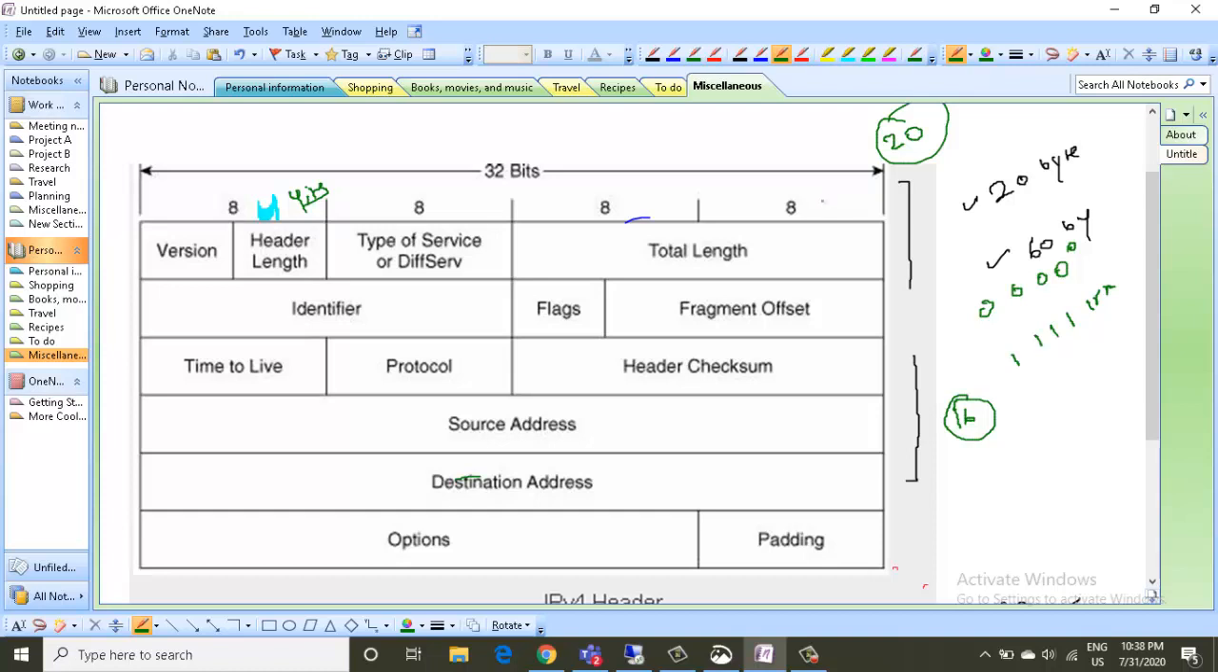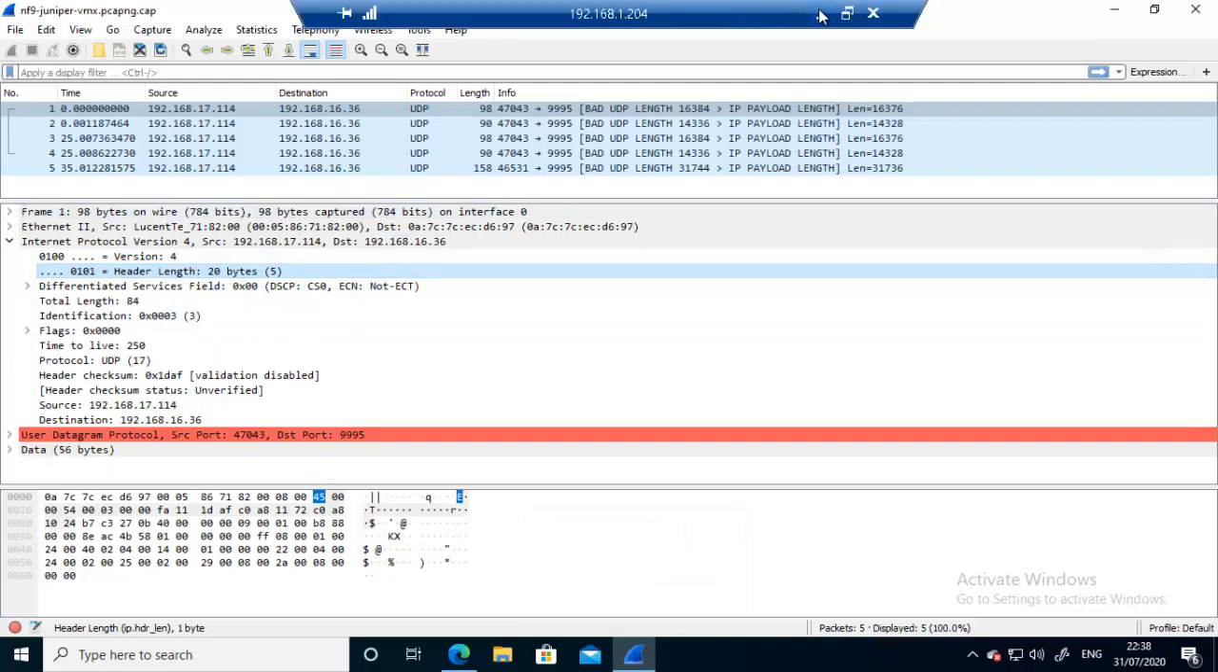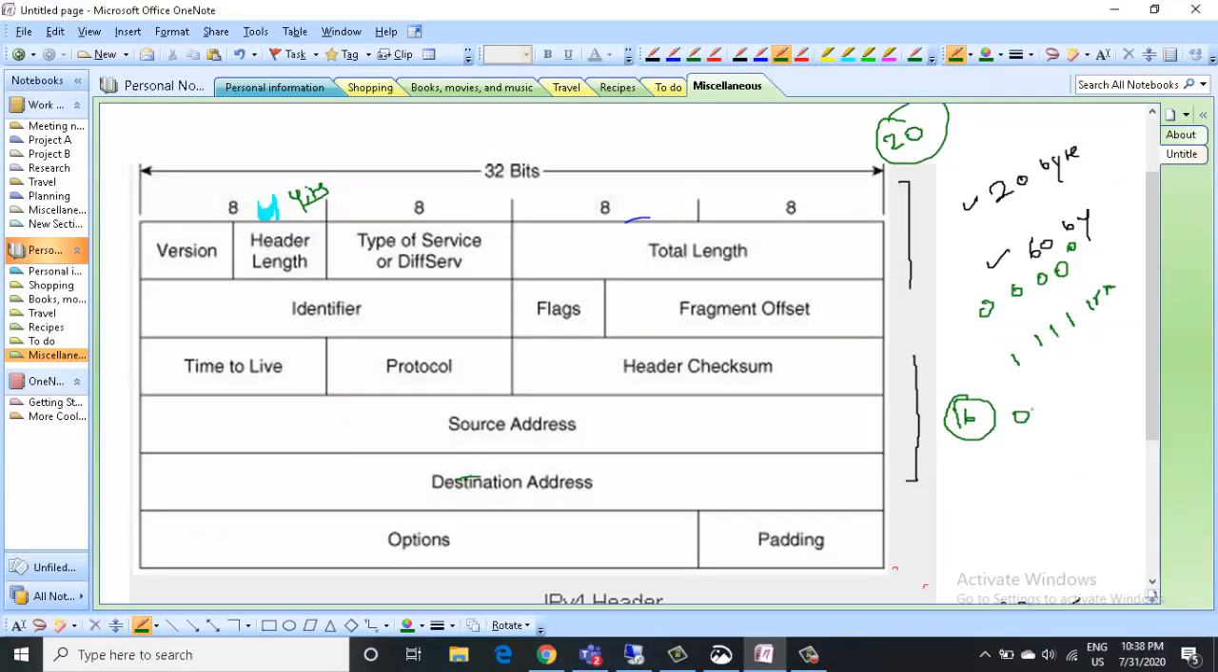To solve this problem, whatever value you have in the IP header, suppose you have 0101, which is the binary value of 5, multiply it by 4. What will you get? 20. So what is this solution called? Scaling factor. Why are we multiplying by 4? Because